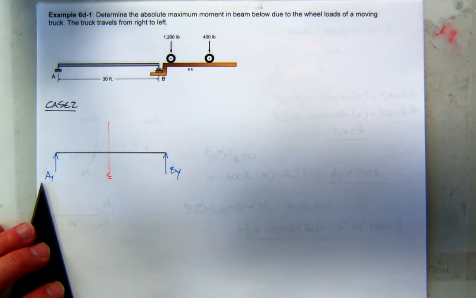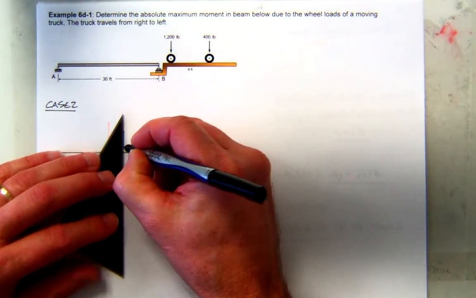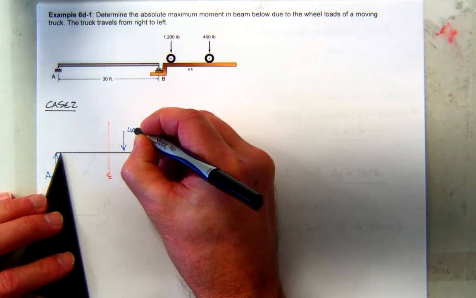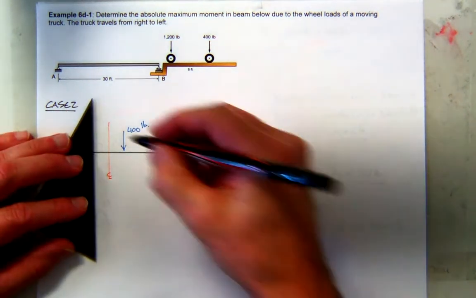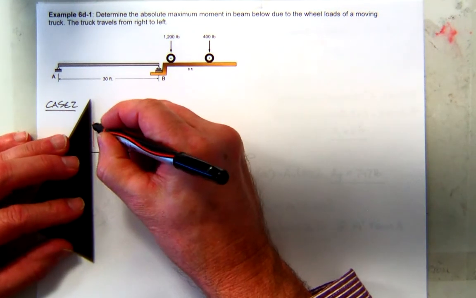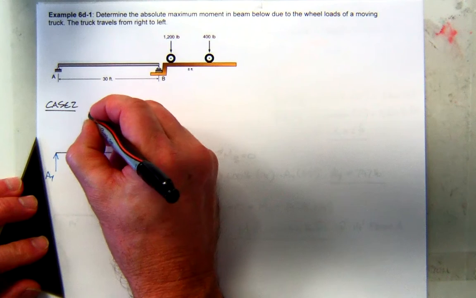So this time I'm going to balance the second force, which was 400 pounds, and the resultant, which was 1600,